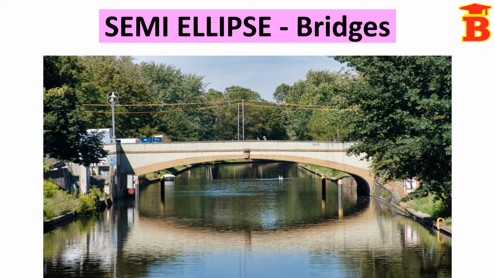So if you take this full shape, this is an elliptical shape. The bridge is constructed by taking half ellipse only. So this is a semi-elliptical bridge. In problems they will mention whether it is an ellipse or parabola. If it is an elliptical bridge, then we have to find a and b, that is horizontal distance and vertical distance. After that, mark the point on the ellipse. Just substitute the point, we can get the answer.